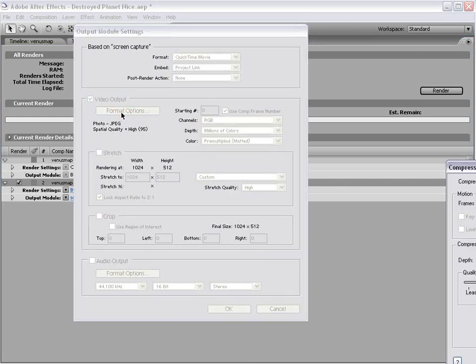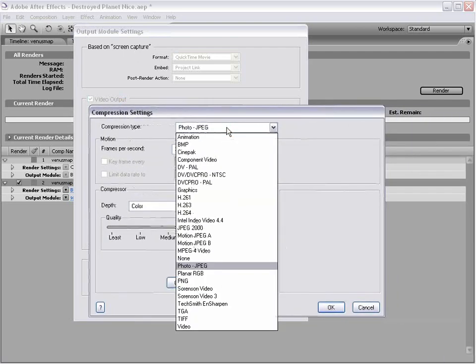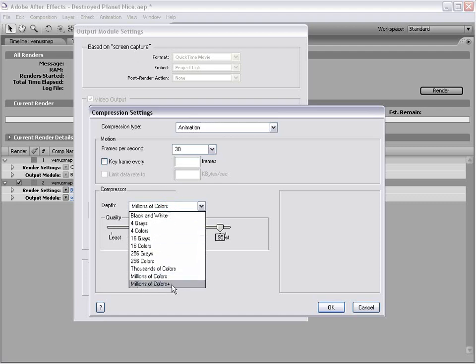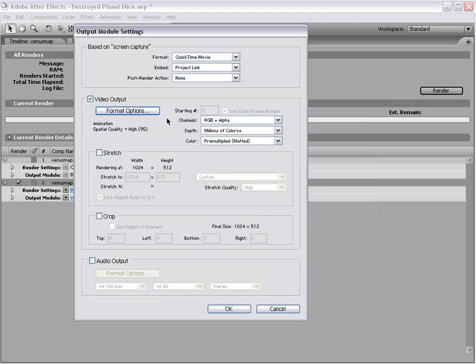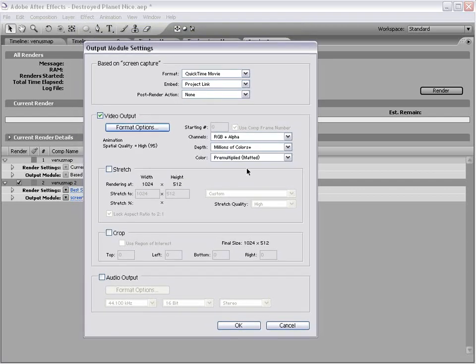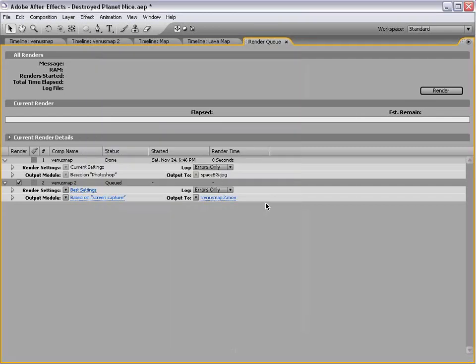And then we'll click on Format Options, and we're going to change this to Animation and the depth to millions of colors plus. And what that's going to allow us to do is use the RGB plus alpha, so that when we bring this in, the transparency will already be a part of this file. And this is pretty much one of the ways I recommend outputting your video, as well as Photo JPEG. But Photo JPEG doesn't support the transparency. Anyway, choose OK, and then render that out, and then we're going to import it back in and get started